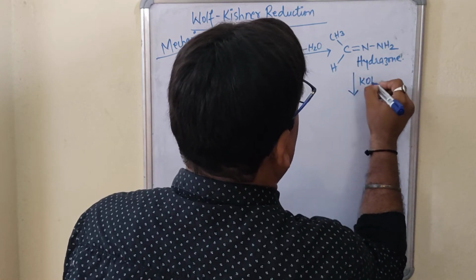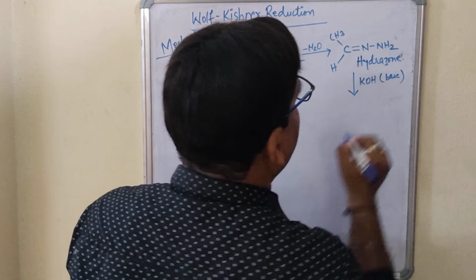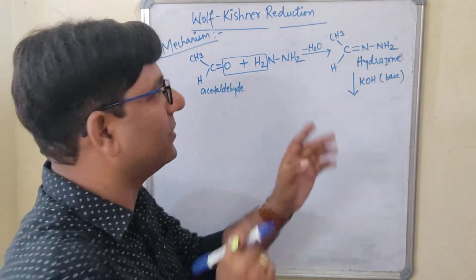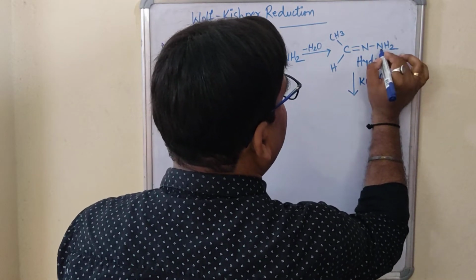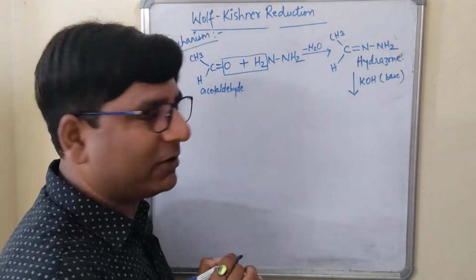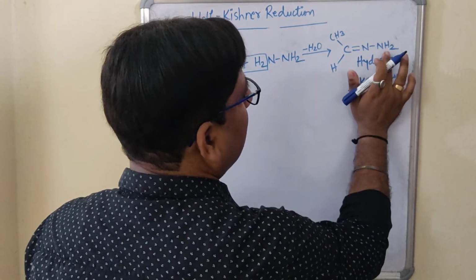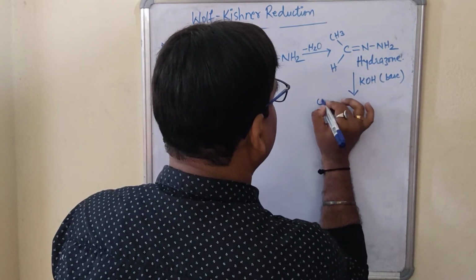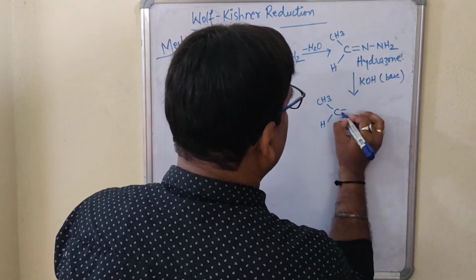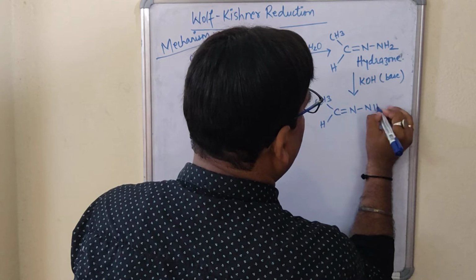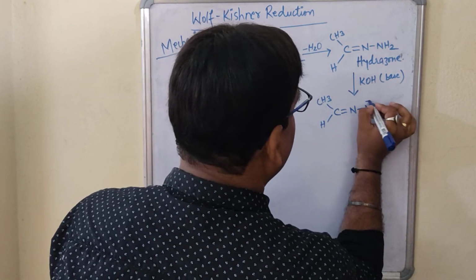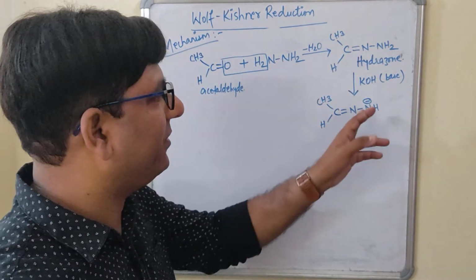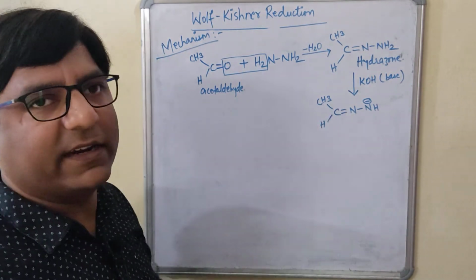It will react with the base now. This is the base we have used. I told you the base will remove the acidic hydrogen. Now, we have one acidic hydrogen that is directly linked to this nitrogen. You know, nitrogen is highly electronegative, so this is the acidic hydrogen. One hydrogen will be removed. So what will happen? It will be CH3, CH double bond N, one hydrogen gone, NH, and here we have the negative. That means H has gone in the form of a positive, leaving behind the negative, right? Then you will get this intermediate.